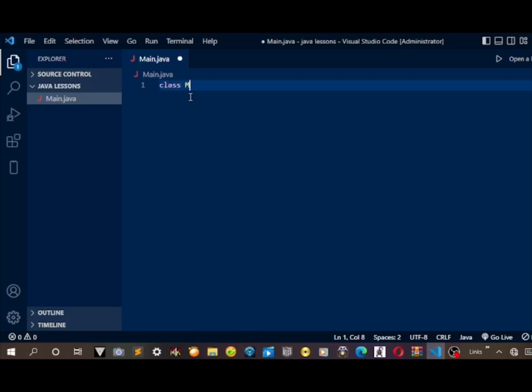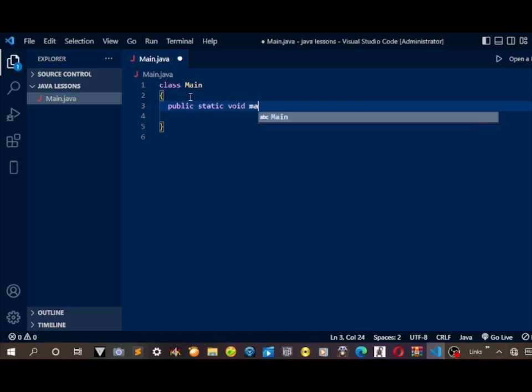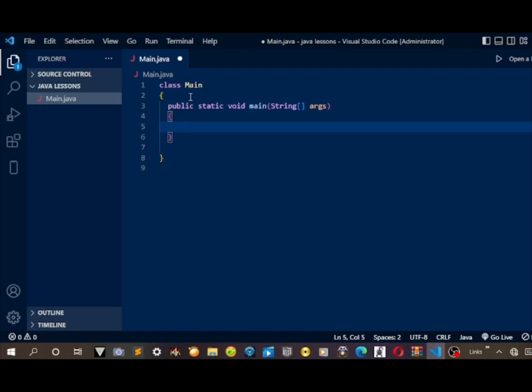Class. I'll create a main class, and inside it I'll create a main method: class static void main, String. Then ask. So let's start. First of all,